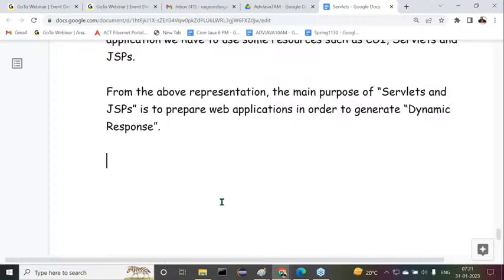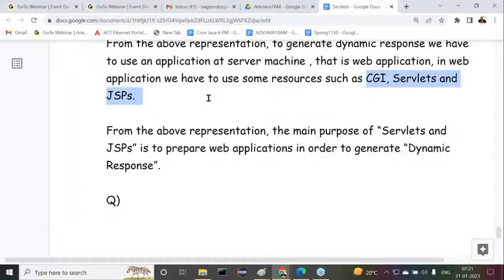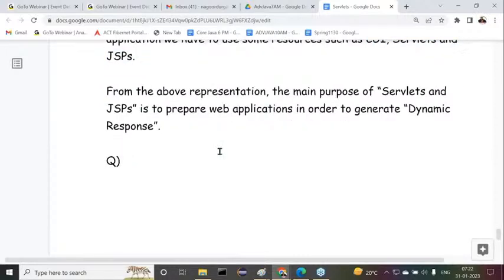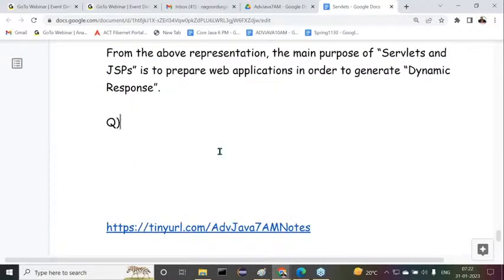Then after completion of this point, immediately we have a question. Now tell me, guys, what technologies did we list here for dynamic responses and for preparing web applications? CGI, servlets, and JSP. We listed them or not? Right, sir. Now let's observe carefully. The point is, to prepare web applications